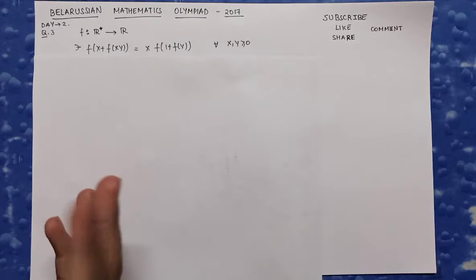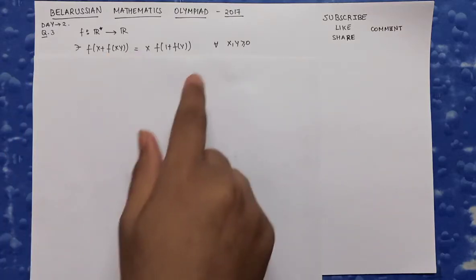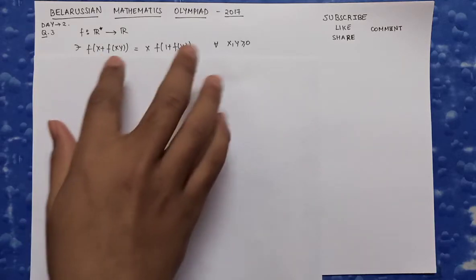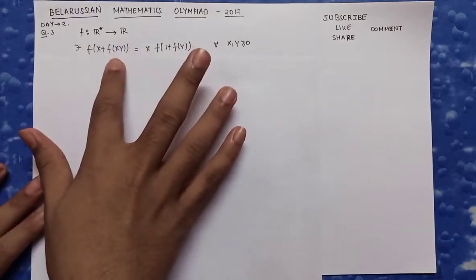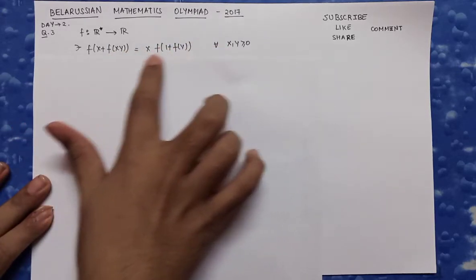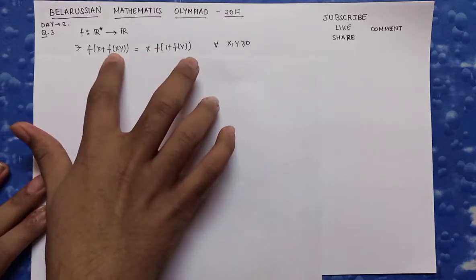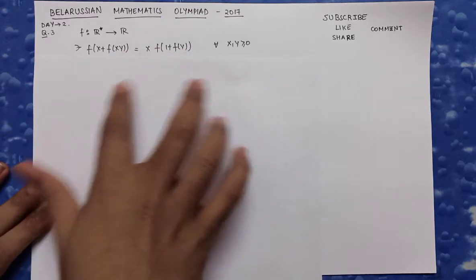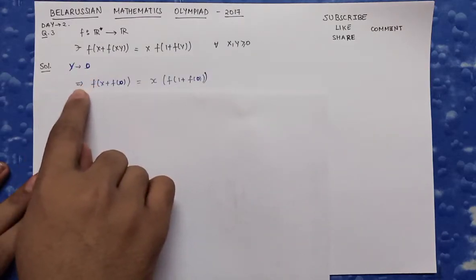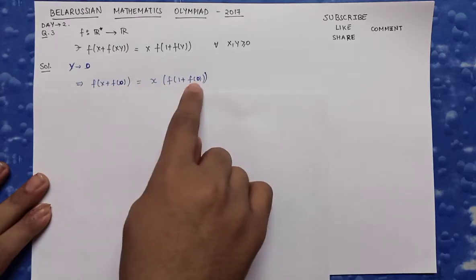So let's start our solution to this. First of all, when I saw this question for the first time, what I thought was: because xy is greater than or equal to 0, I substituted y equals 0, because I just wanted to eliminate a number of variables here, because here it is xy and then again f of y. X is independent, so I thought of eradicating these two variables, so I substituted y equals 0. This implies f(x) + f(0) = x times (f(1) + f(0)).